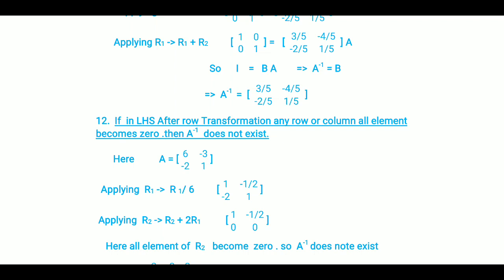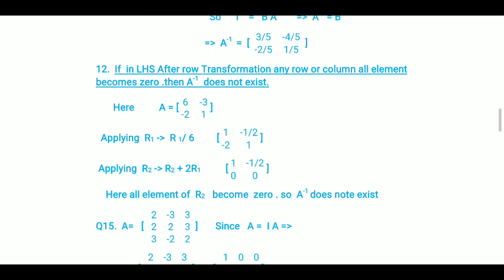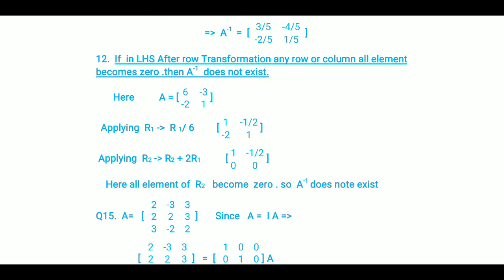It means if we apply row transformations to get the identity in the left hand side, and applying those operations, we get 0 as all elements of any row or column, it means A inverse does not exist. This means any complete row and any complete column should not be 0